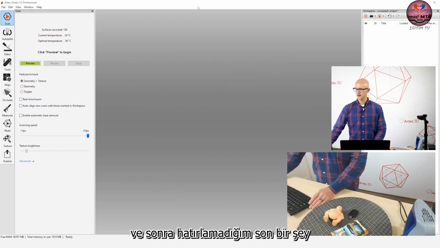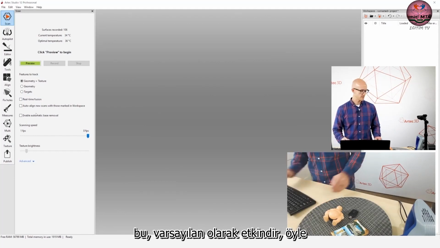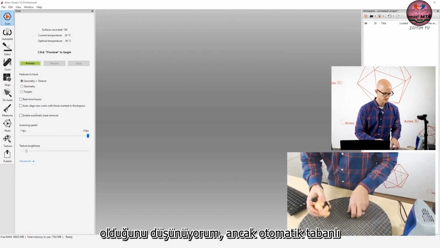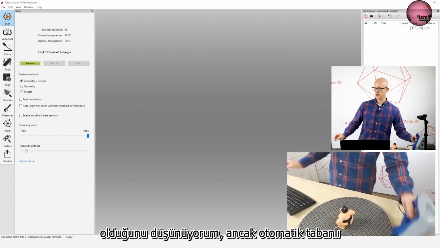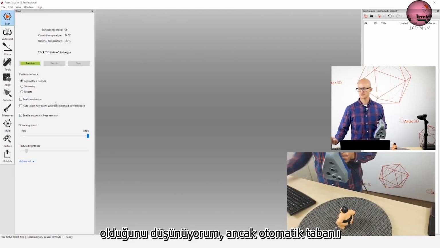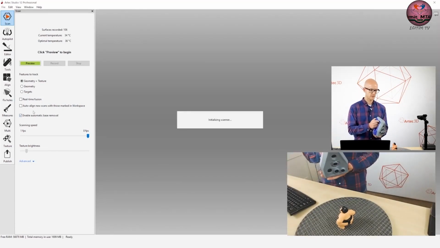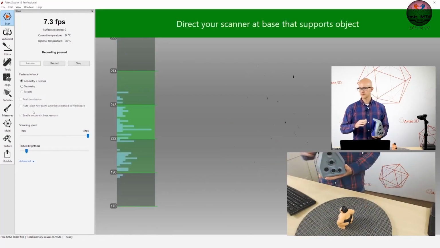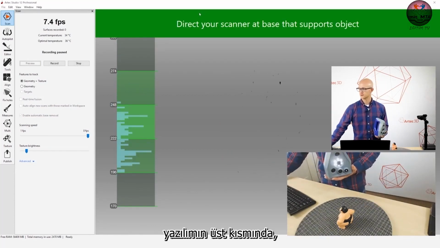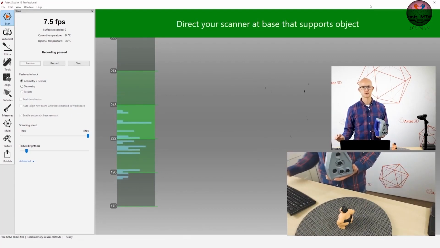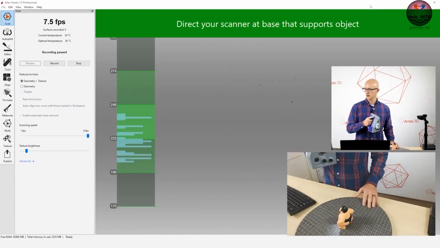All right, and then one final thing. I don't remember if this is enabled by default. I think it is. But enable automatic base removal. If this is checked, when I start my preview, you get this message at the top of the software that says direct your scanner at the base that supports the object. So what I'm going to do,